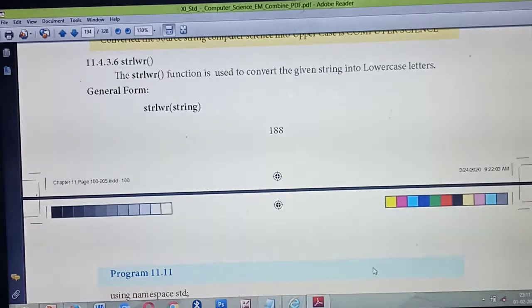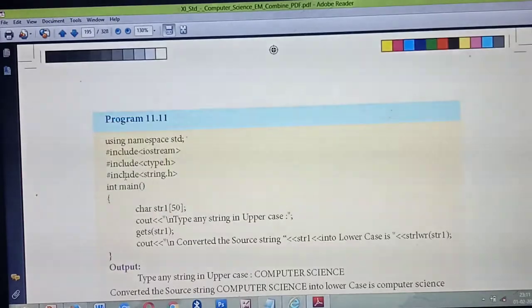In some places you need only small letters, so at those places you should use string lower. This is the general format: strlwr of string. Listen carefully.